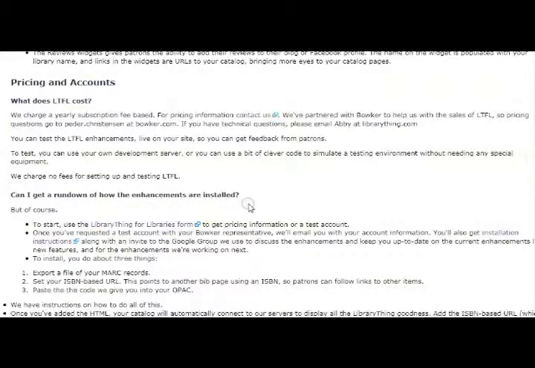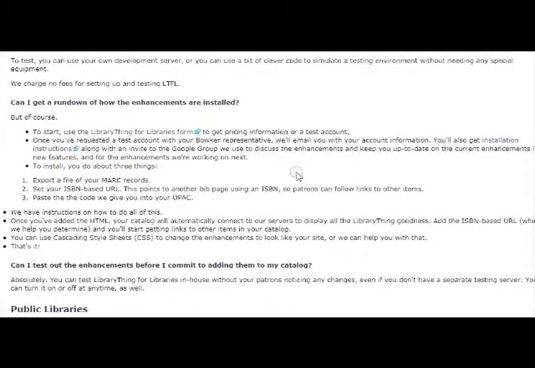And what we can see is that through their pricing aspect, before they give you your prices and make you purchase, they allow you to give their LTF enhancements a test on your library site and get feedback from your patrons. What this does is you can give it a test run, see how your patrons like it, and if you do like it, then you submit a LibraryThing for Libraries form to them,